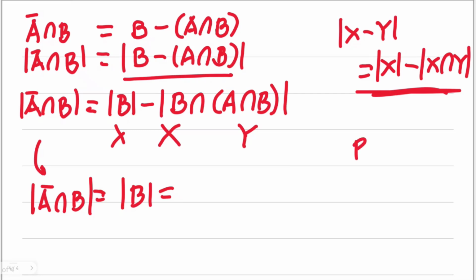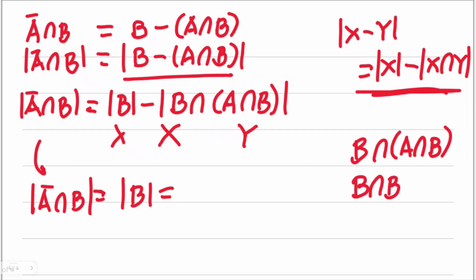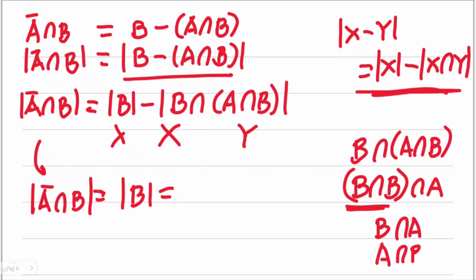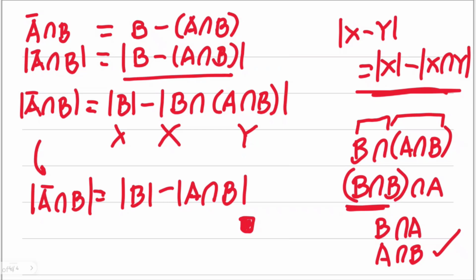Now, if we have B intersection with the intersection of A and B, and we know that under intersection, sets are commutative and associative, so we can simply say B intersection B. I'm using here commutativity and associativity for intersection. The intersection of B and B is just B itself, so we get A intersection B. Hopefully this is understandable, because if you take the intersection of B with its intersection with A, it's just equal to A intersection B. So basically, the last form is still the intersection of A and B. So this is the other proof for the identity presented before.